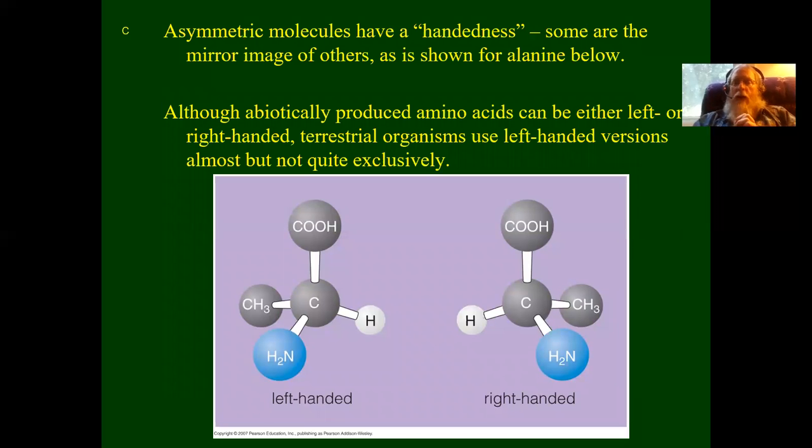All right, I want to conclude this lecture, but not this unit. We've got more of Unit C to do in the next lecture, with one other aspect of biochemistry, and that is that asymmetric molecules like alanine, one of the amino acids shown below, have a handedness to it. Like our hands, one is a mirror image of the other. And for amino acids that have this handedness,